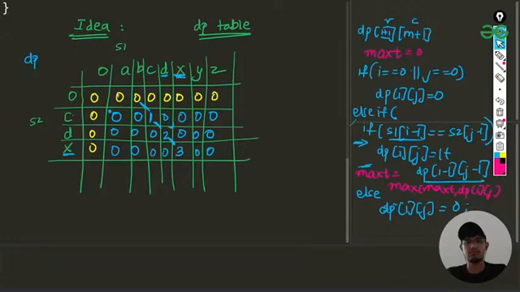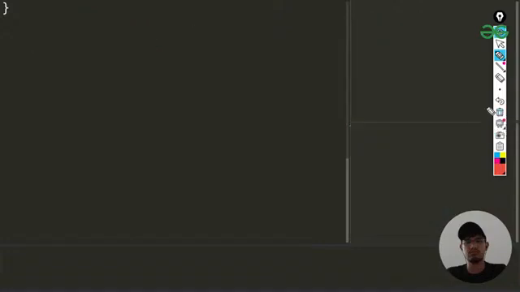So basically this is i. I'll be using a different pen, pink doesn't look good, so let us use this. So basically this is the i part and this is the j part. Okay, so whenever i is equal to 0, I'll be putting all zeros here in this one, and whenever j is equal to 0, I'll be putting all these values to be 0. Okay, so let's continue with the code.